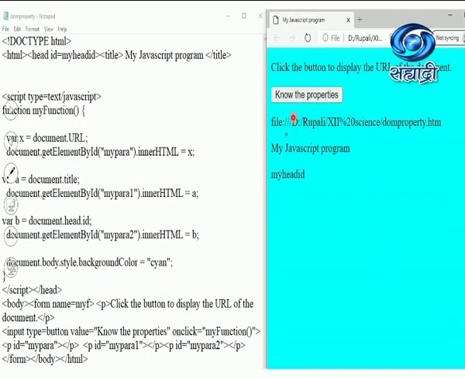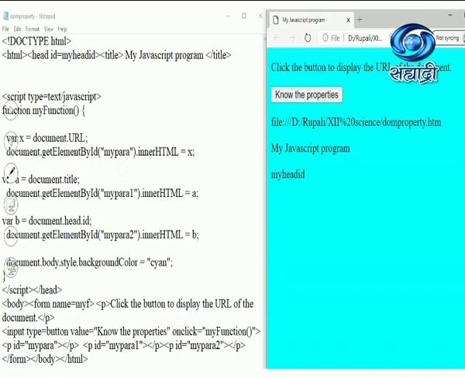The URL property of the document object gives me the complete path of your file or web page, you may say. So here I have got the path of my DOM property.html because of this URL. I have displayed it by using getElementById para.